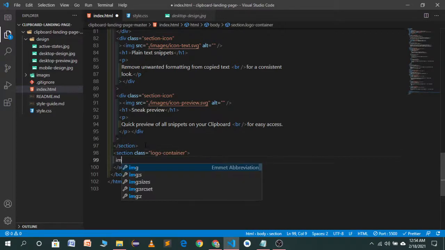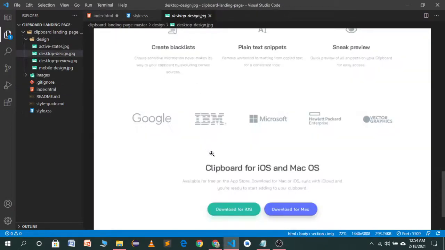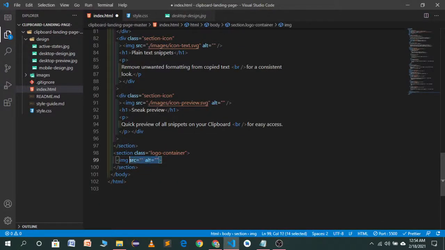In this section we have different images. I think we'll have 5. Let's see, 1 2 3 4 5. So we'll use 5 image tags. Copy this one and repeat it 4 more times.